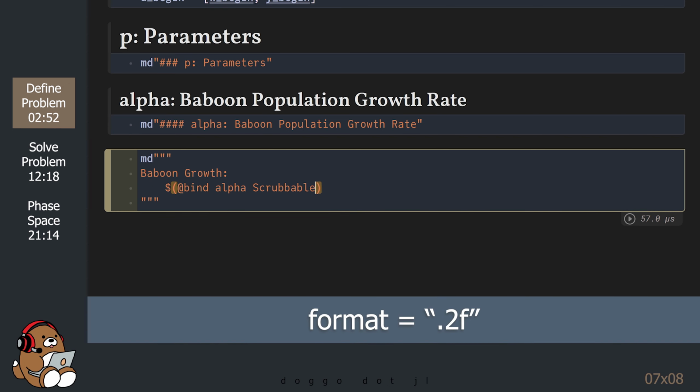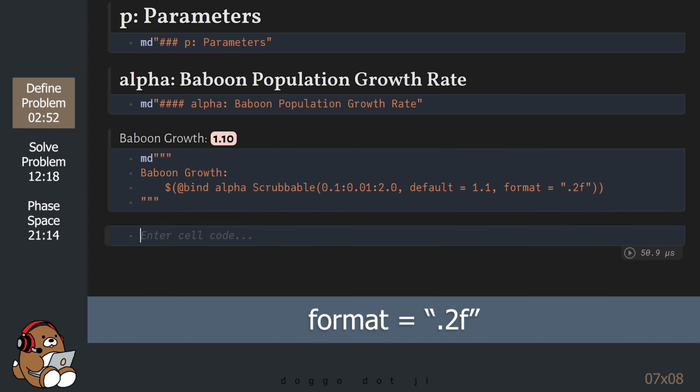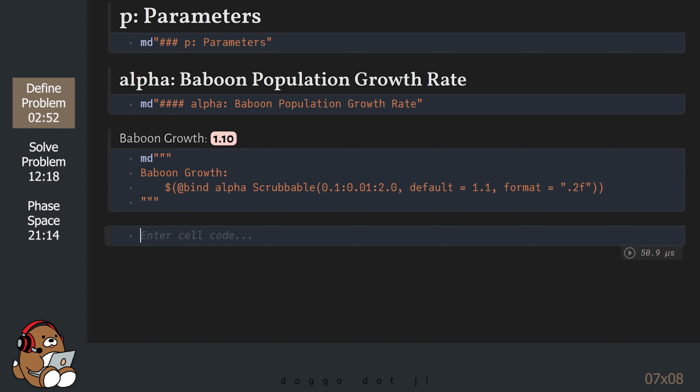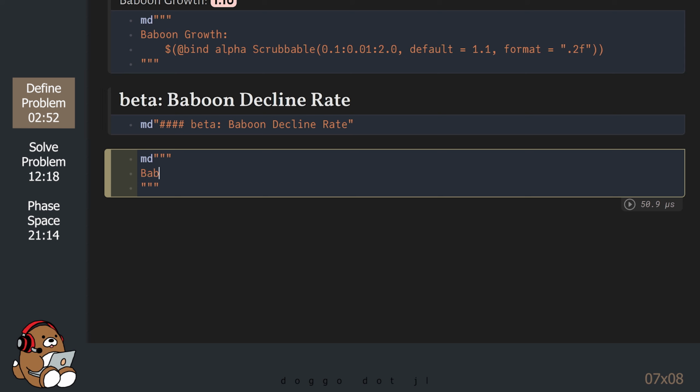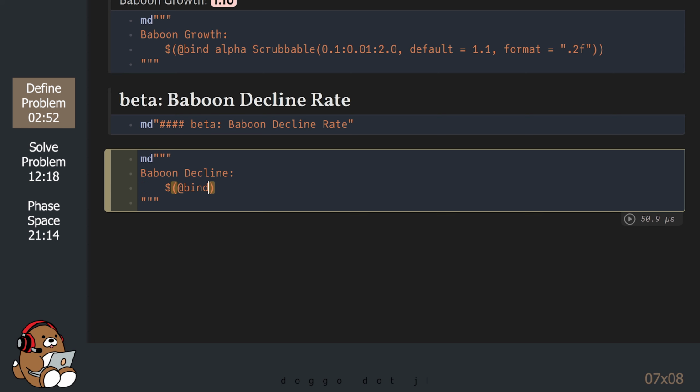For the scrubbable widget, you can display a floating point number with 2 decimal points by using the keyword argument format followed by .2f in quotation marks. Beta is the baboon population decline rate. The decline rate represents any type of population decline, whether it's due to old age, predation, lack of food, or emigration.